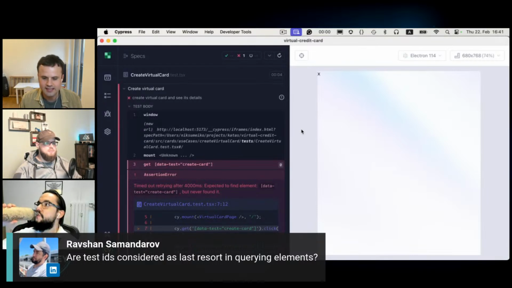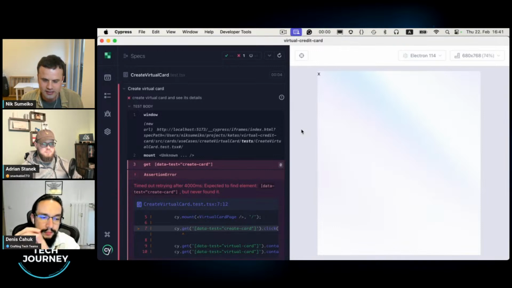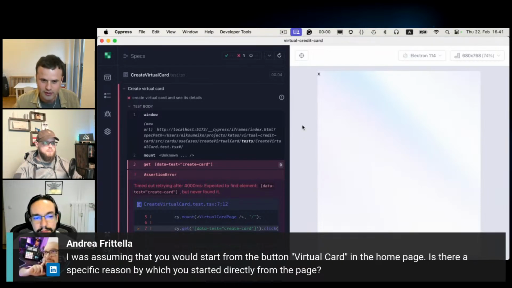The best test is the one that fails only when behavior changes, but never when the inner production code changes. If we change div to some other element, if you do any production changes but behavior didn't change, your test shall stay green still. This is a good test because it won't waste your time.